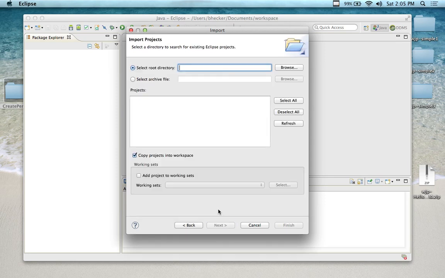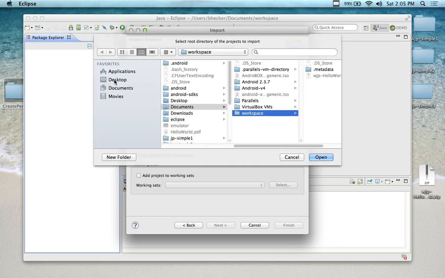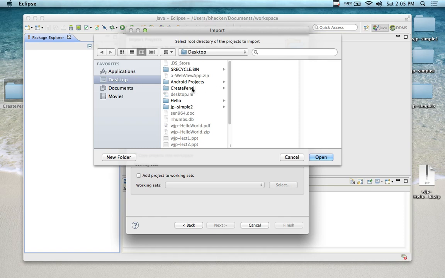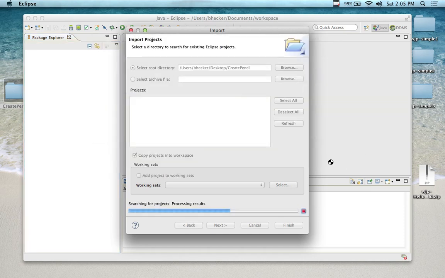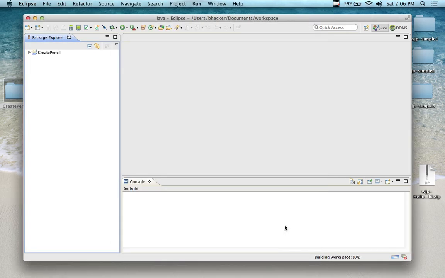But next, and then I'm going to browse around here and I'm going to say, where did I put this thing? It's on the desktop. And it's called Create Pencil. I'm going to go, okay. And look at that, it found it and it put it in here and it's all checked and ready to go. And then there's an option here that says copy project into Workspace. And if I select that one and I go finish,